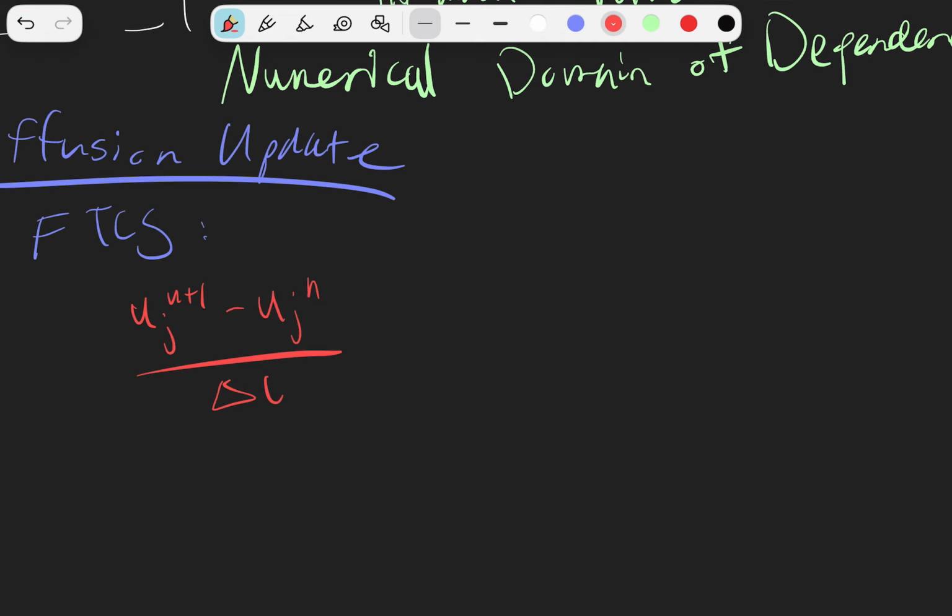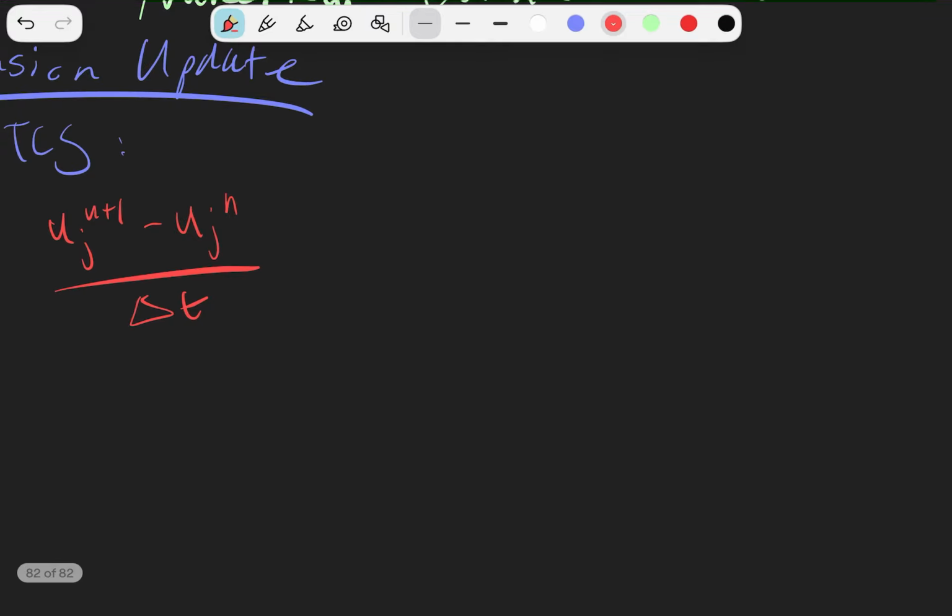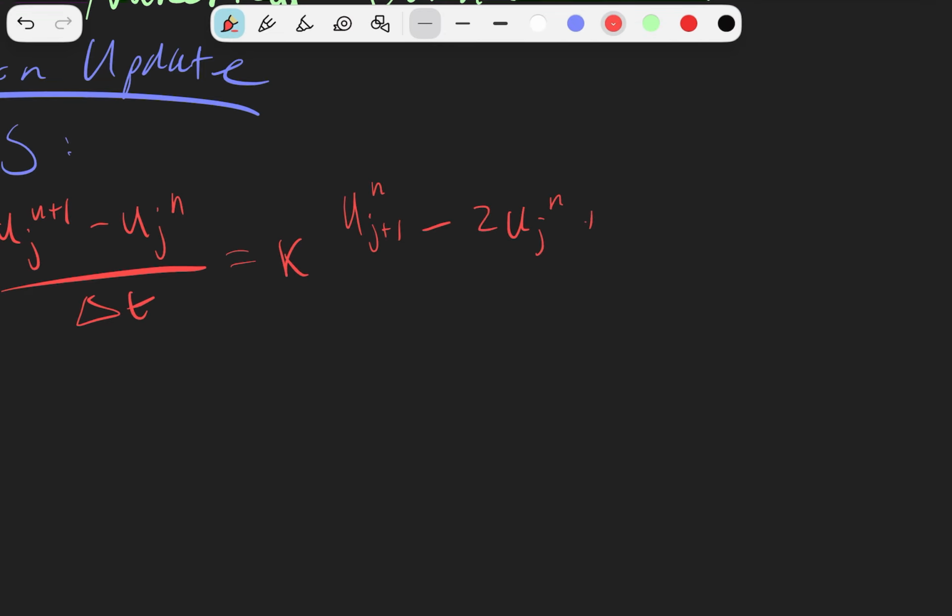So we're still taking that difference over the discretized domain, but we're going to set it equivalent to some u_{j+1} minus 2u_j plus u_{j-1}